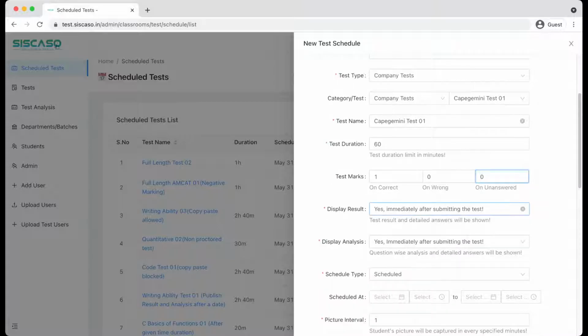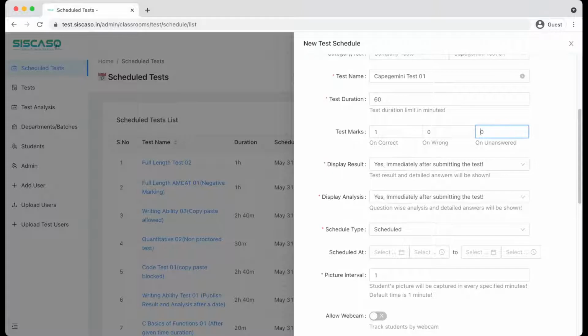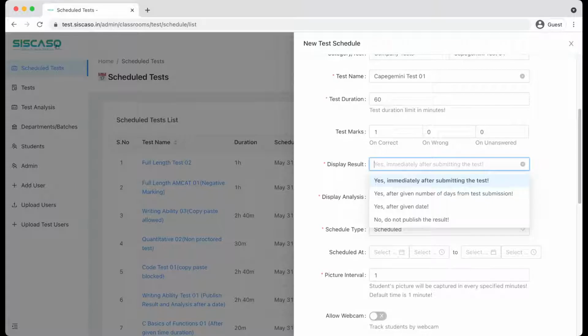Now, after submitting the result, there are 4 different scenarios we have. One scenario is where once the test is submitted, students can immediately see the test result. Another case is where, from the day of submission, we can choose how many days to delay before showing the results. This helps avoid a situation where a student is sitting in the lab taking a test, and as soon as the first student submits, the result or analysis page becomes visible, so that other students might copy or something like that. So this will help us avoid that on a large scale.